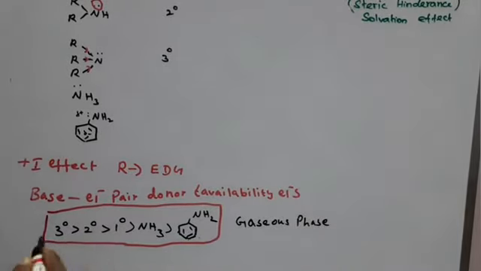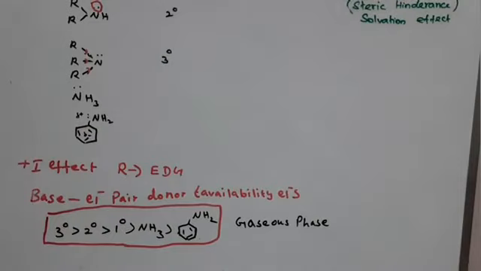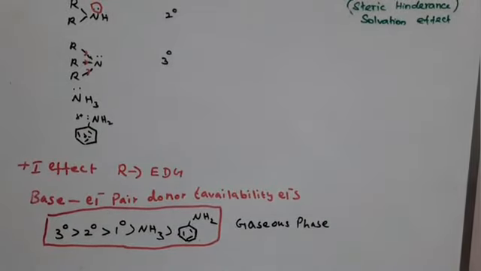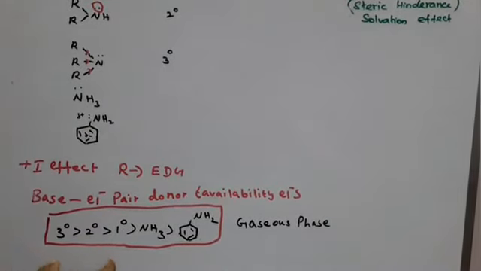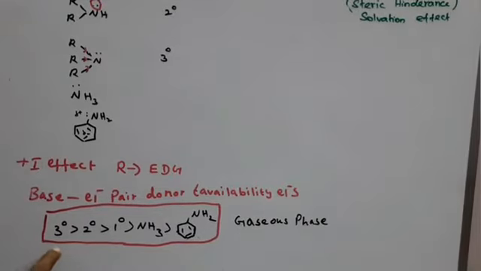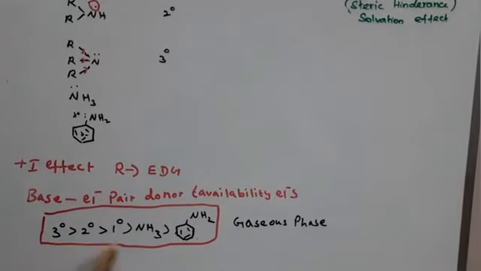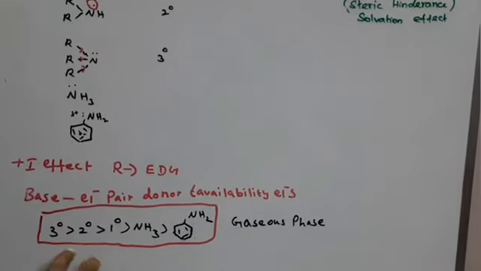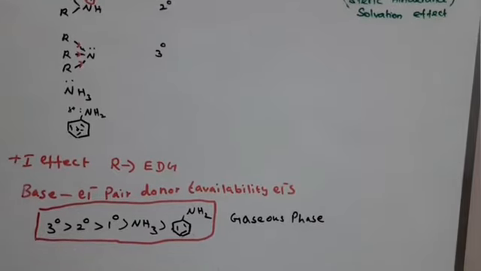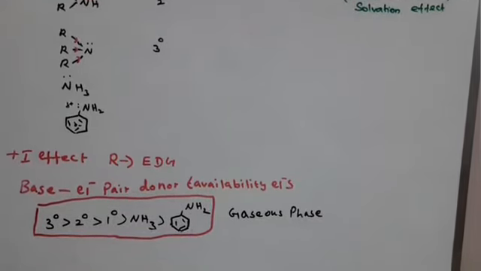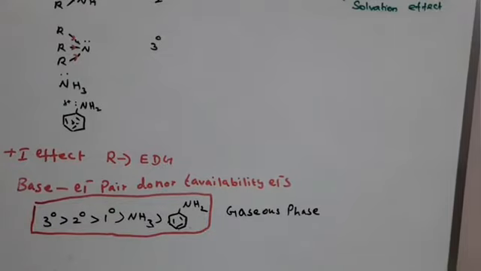Okay, so what about aqueous medium? Aqueous medium is not suitable for this order. For tertiary, secondary and primary, the order of basicity somewhat changes. Why? Because in aqueous medium, second character,